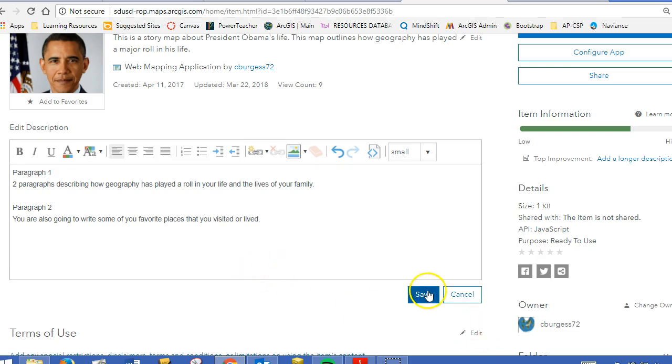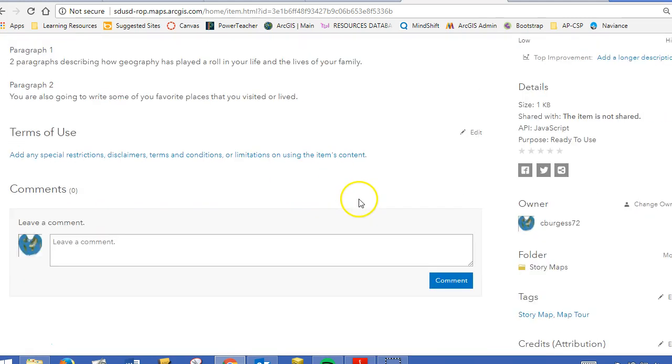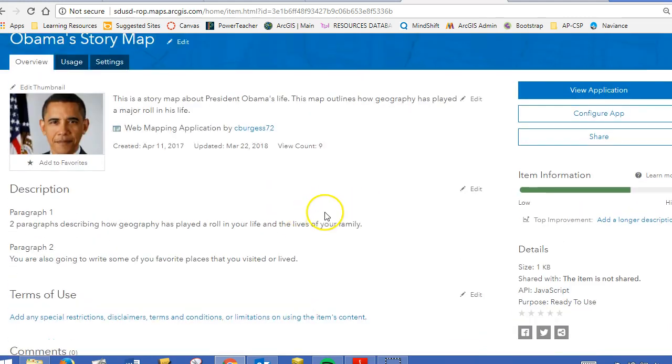Okay. And then once you're done, you would save it. Now, if this was a research story map, which we will be doing when you come back from break, you would actually put in here all of the references and sources you used to create this particular map. So now that is how you do that. When you're done,